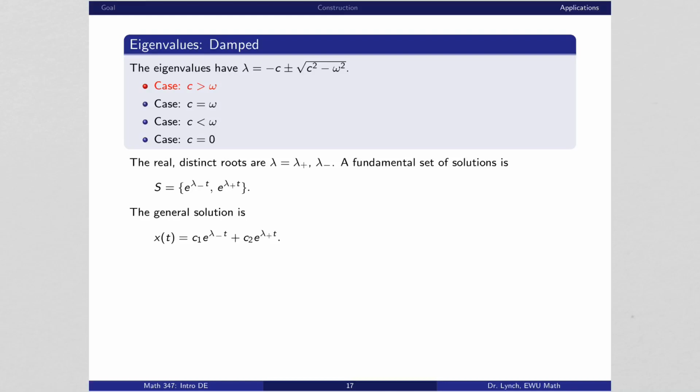So that's pretty easy to see for lambda minus, right? Lambda minus is a negative number: minus c minus the value under the square root. But lambda plus is negative also, and you have to think about that a little bit more clearly to identify. Lambda plus is negative, but if you notice that the stuff under the square root is always less than c squared, we can see that lambda plus is minus c plus something that's smaller than c, so it too